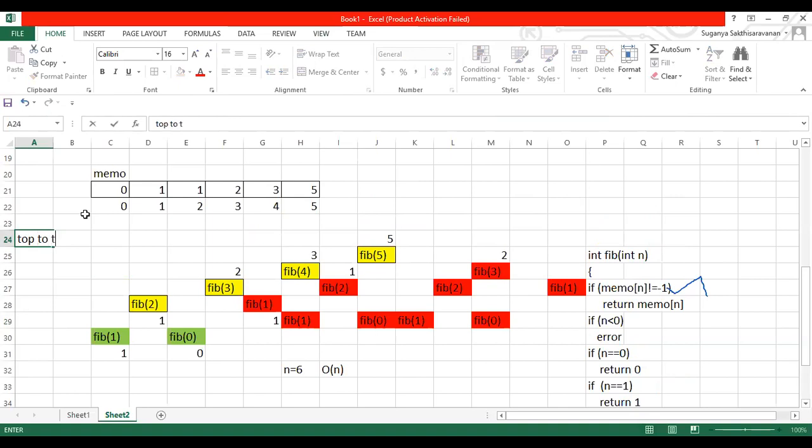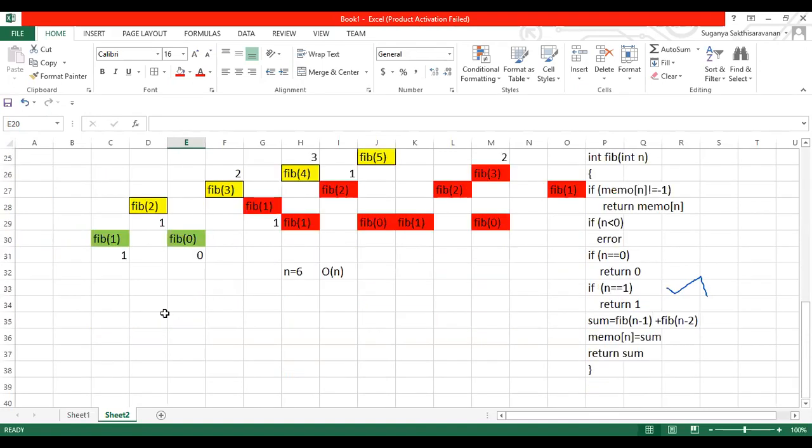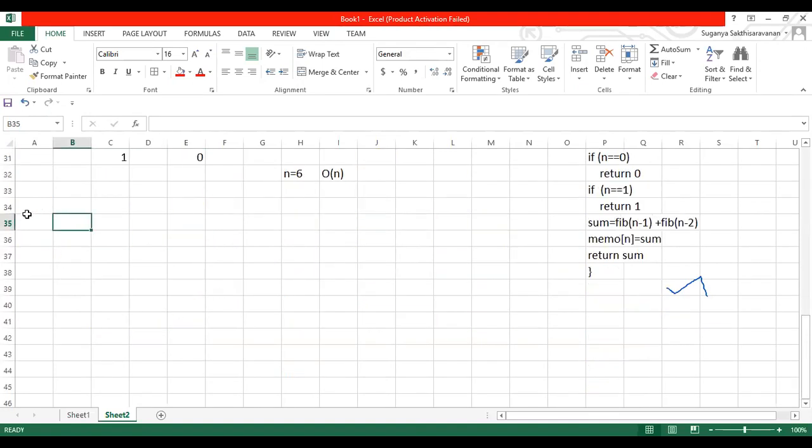I hope everyone is following me. If at all you find any doubt, let me know immediately, guys, okay? Top to bottom approach, I can do by this approach. This is the memoization technique. And there is one more approach also available, guys, the same memoization technique, that is the bottom to top approach. That is a tabular method. Either I can mention bottom to top approach or tabular method. Overall, 3 approaches people told me, right?